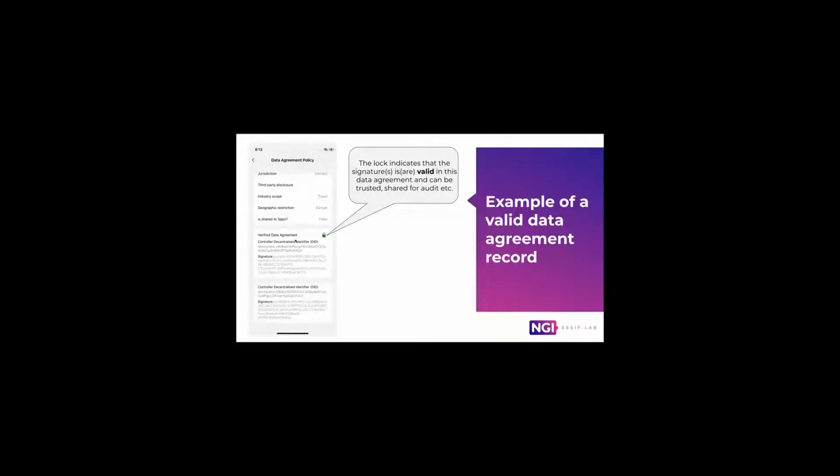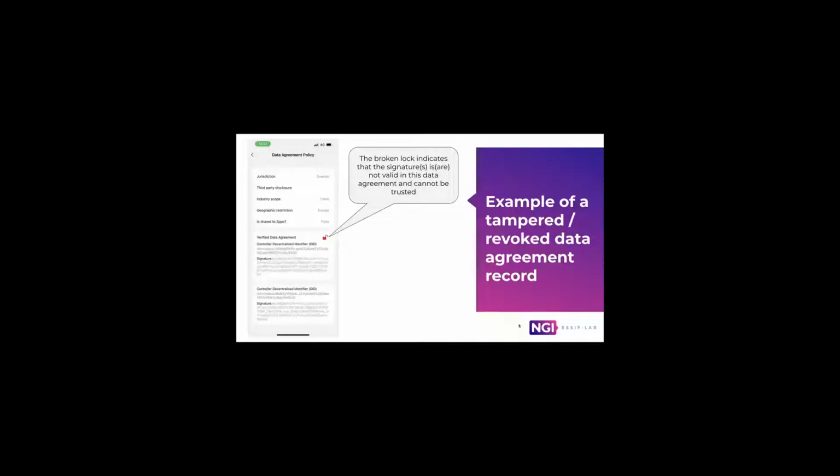In this case, the organization that has created the data agreement is signing off, and also the individual, in this case myself, agreeing to the agreement during that particular data exchange transaction. And the green lock over here indicates that the signature is valid and the data agreement can be trusted and can be shared for any audit.